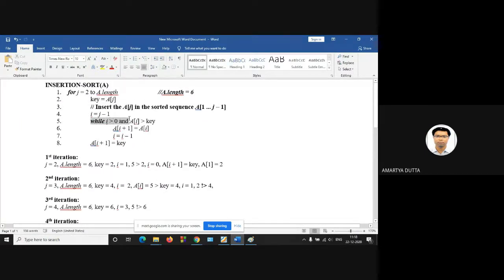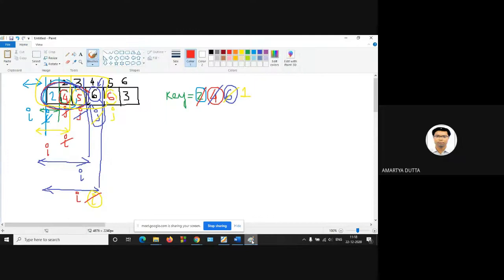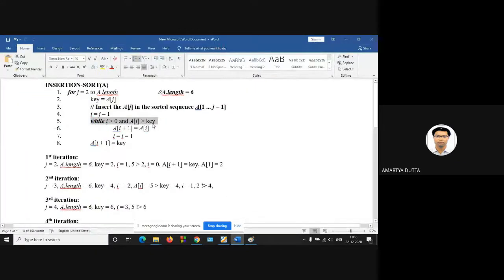While your I is greater than 0 and A of I is greater than key, your new I value is 3. 3 is greater than 0 and A of 3 is 5. So 5 is greater than key value 1. So then copy the ith value at the I plus 1th position.